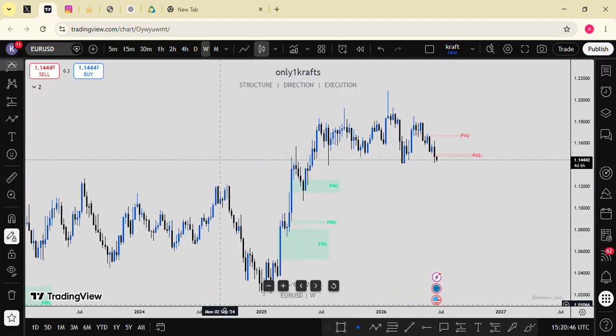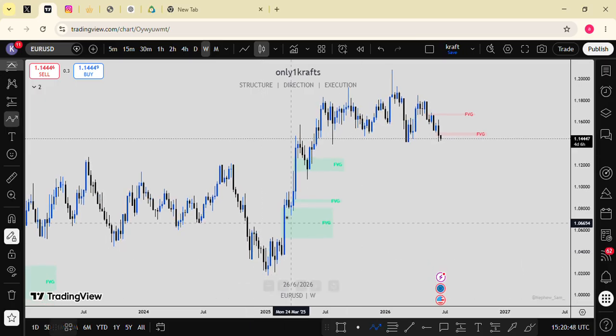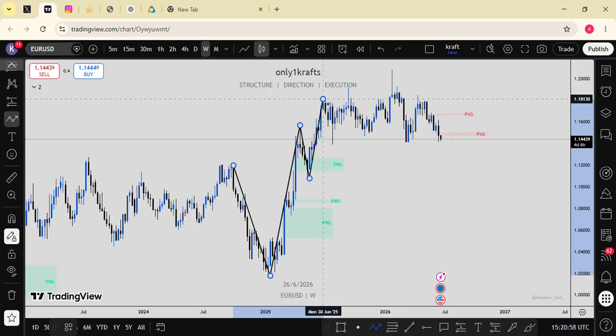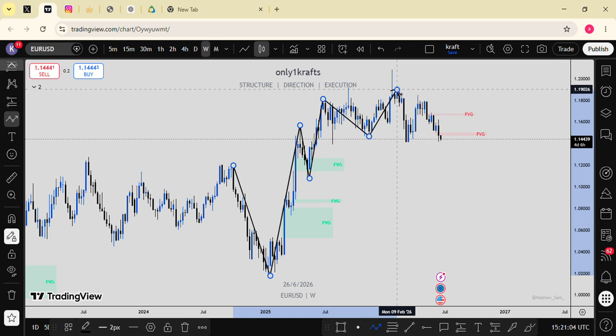Let's see. From this point, we had this push to the upside, break of structure like this. Right? We broke this structure, and then from here we broke this structure again. From here, did we break structure? Okay. I think in this class, let me quickly point out